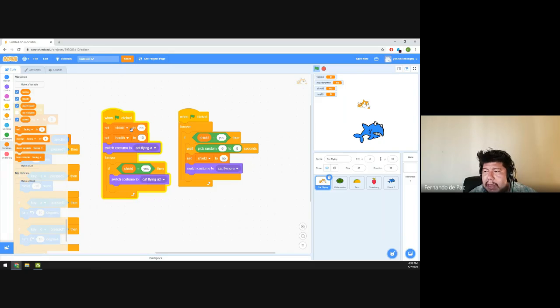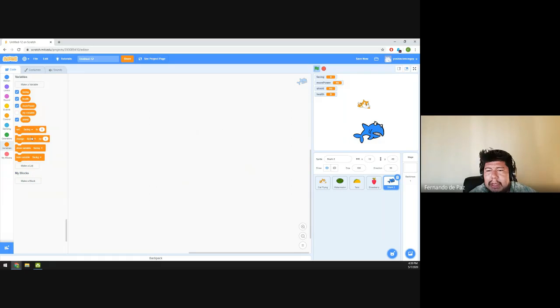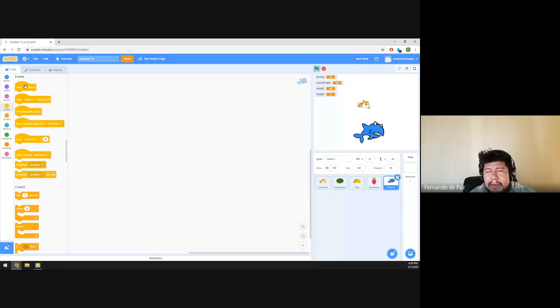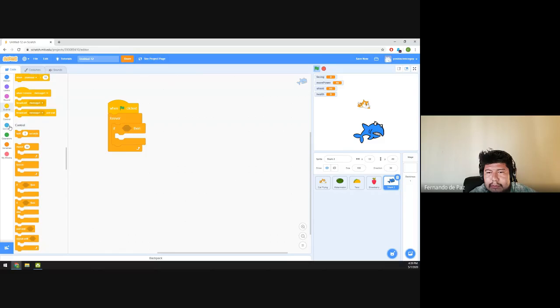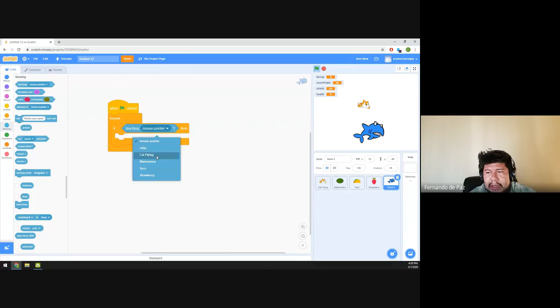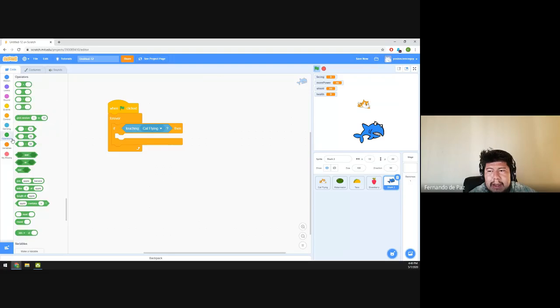Okay, so this is our health now. And then whenever we touch the shark, it's going to subtract health. So we're going to click on the shark. And then in that shark, because this is not going to run as a clone, it's just going to be itself, we're going to click on when the flag is clicked, and then forever, if touching the cat. Okay, very simple. So when the flag is clicked, forever, if touching the cat, what I also want to check is and